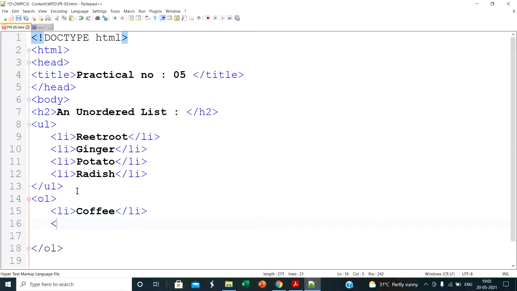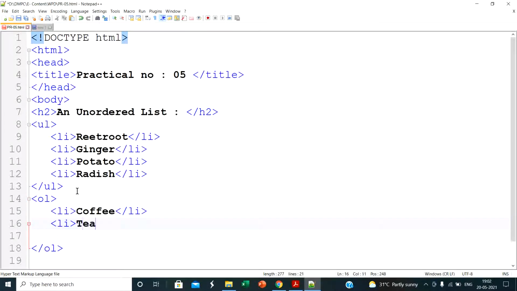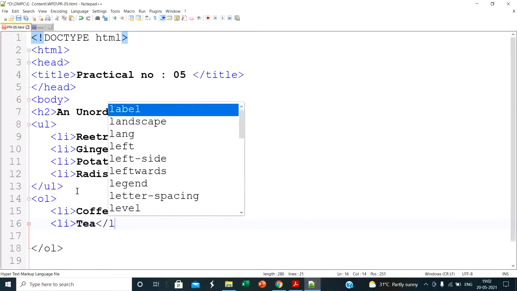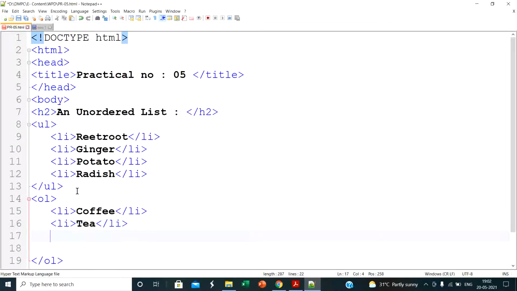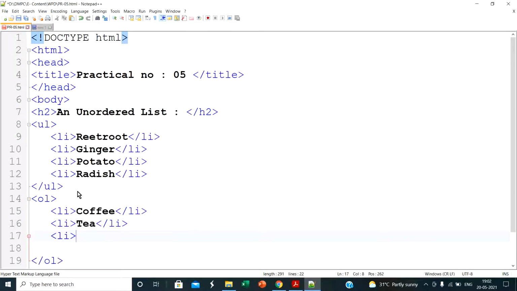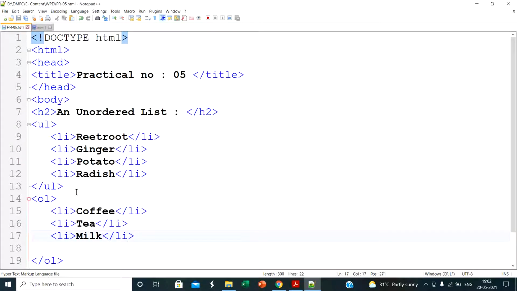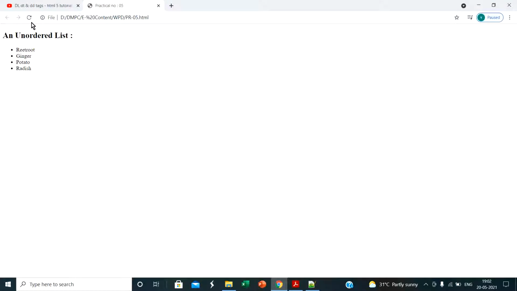Then the second option is tea, inside li, and again close li. And the third option is li milk, then close li. Then save the program and refresh our page. So you get these three options.